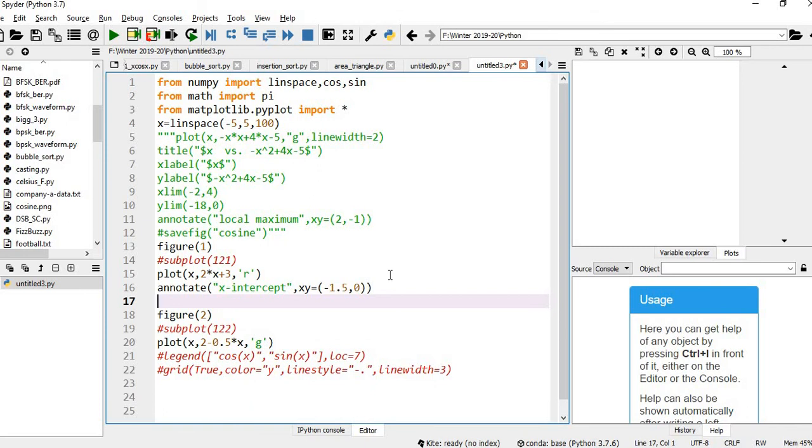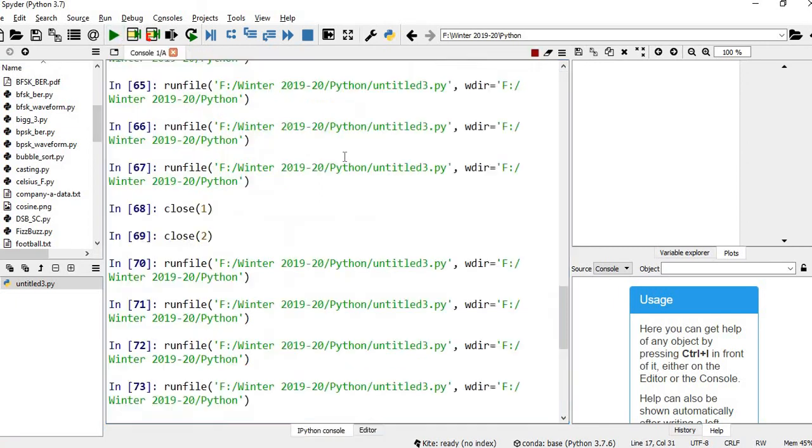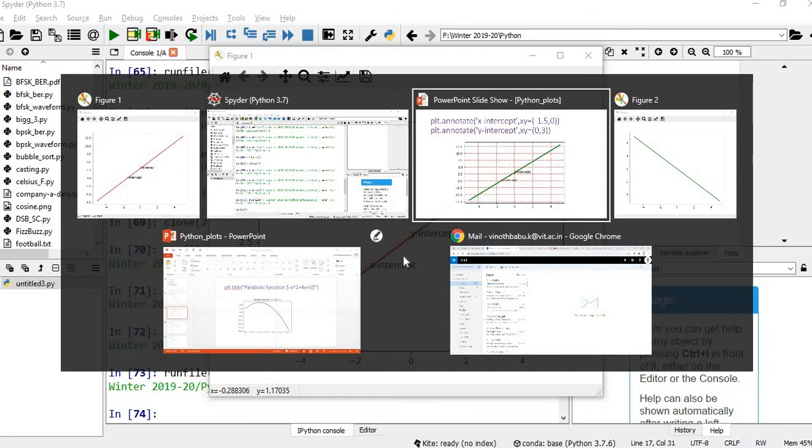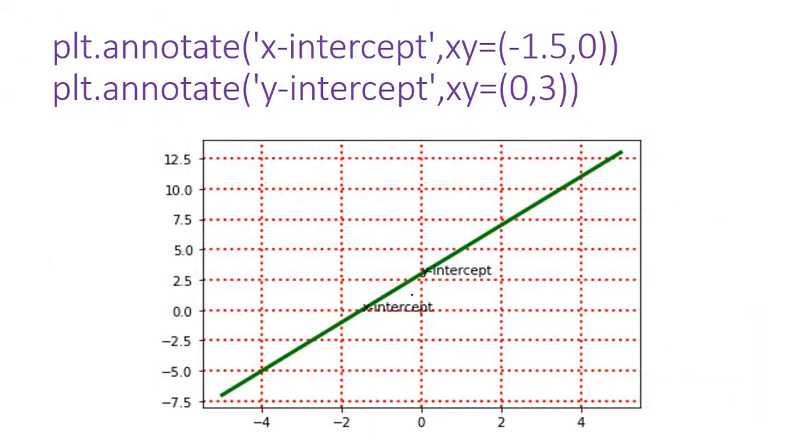The same way, annotate y intercept. Okay, it is 0 comma 3. Okay, let us plot this. You just see that x intercept and y intercept, they are available here.